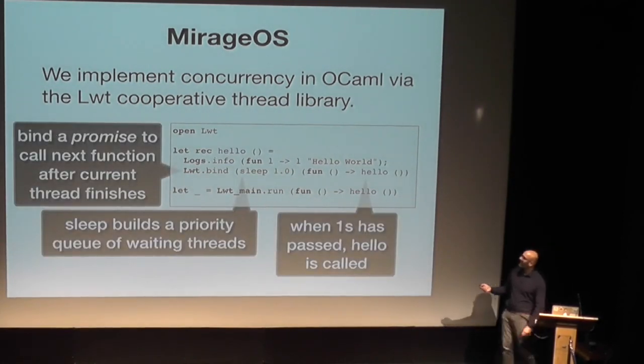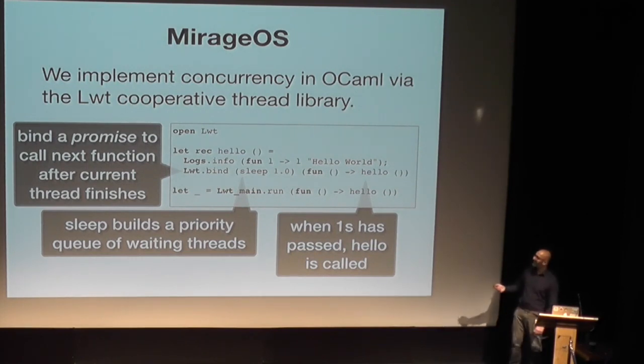And what's happening here is that it's like our previous hello world, except we're doing something called a bind. And what this bind does is saying that I want you to sleep for a second, and then whenever the sleeping is finished, I want you to then call this function in a chain afterwards. And then LWT, the threading library, will take care of figuring out exactly when it needs to wake up this particular thing. So we can take advantage of the fact that we have functional programming to say that I want to declare my intention to sleep, and I'll tell you what to do next in the form of a promise.